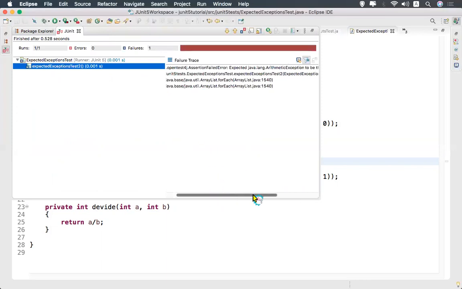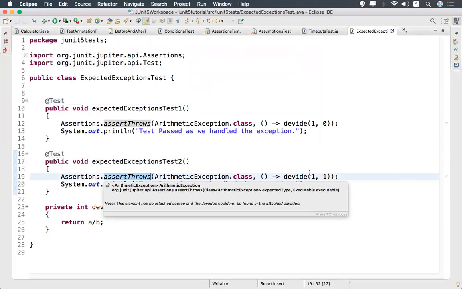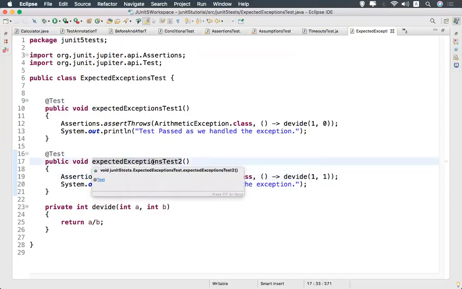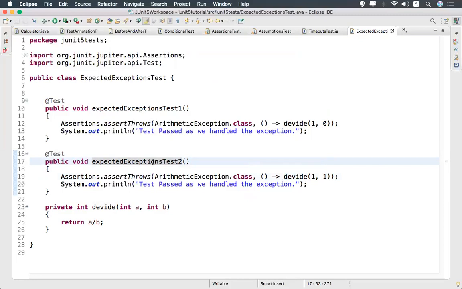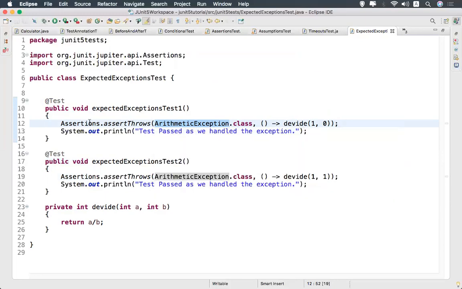You see that the assertion failed: ArithmeticException to be thrown, but nothing was thrown. It is expecting one exception, but it is not throwing, so that is the reason the test failed. That is the advantage of this. Even if you get an exception, if you don't want to stop my execution and want to continue, you can use something like this.